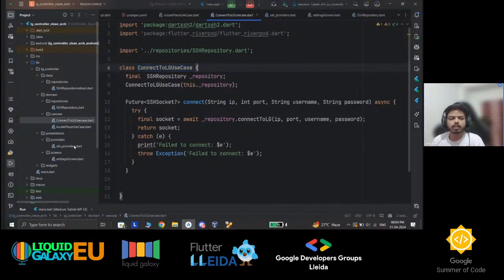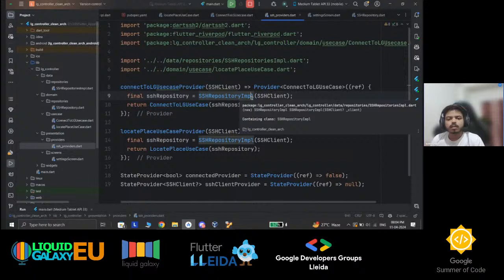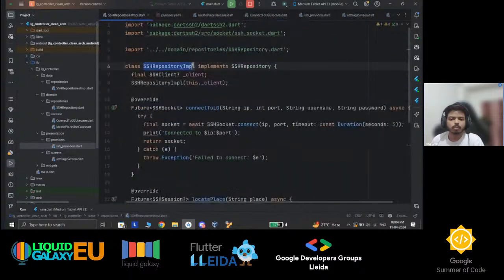So the provider is of type connect to LG use case. Just like you define every provider, you give a reference, and then here we need to define the repository, and then the SSH repository, and then again the implementation where you have done this. So if you see, this is our implementation, SSH repository implementation, where you have implemented the SSH repository and overridden the functions, which we call